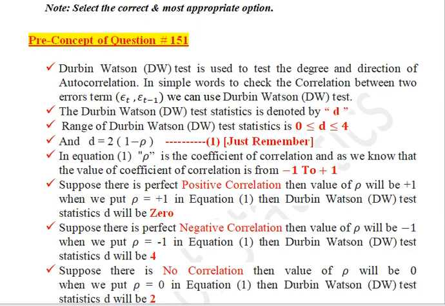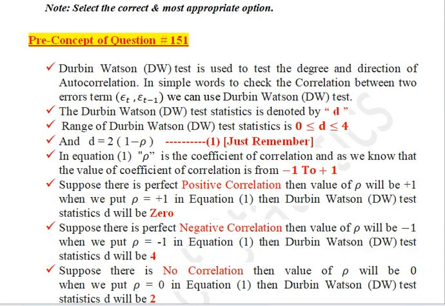The range of the Durbin-Watson test statistic is between 0 and 4. 0 and 4 are both included in the range. And the test statistic D is equal to 2 into 1 minus rho. Just remember, we label this as equation number 1. In equation 1, rho is the coefficient of correlation, and as we know, the value of the coefficient of correlation